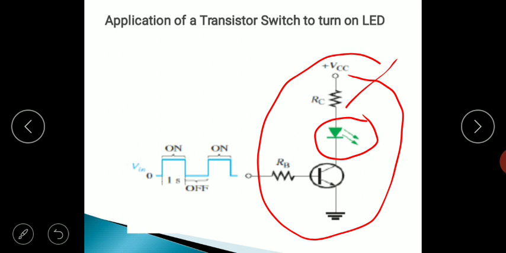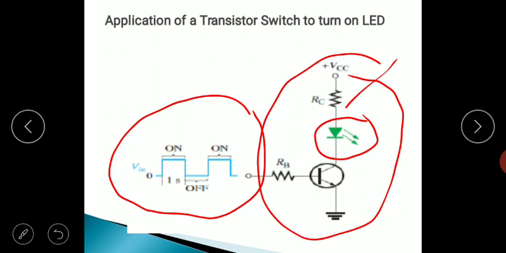So to ensure the on and off of the LED, you know that whenever you want to use the transistor as an open switch, you have to give 0 voltage at the base, and whenever you want to use it as a closed switch, you have to give a sufficiently high voltage at the base. So the best input that we can give at the base of the transistor to turn on the LED is a square wave voltage of suitable time period as shown here.